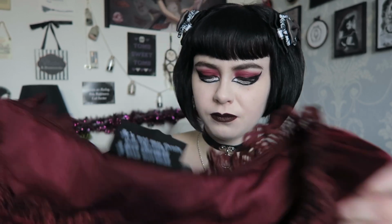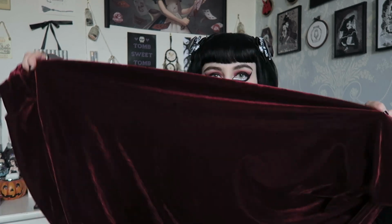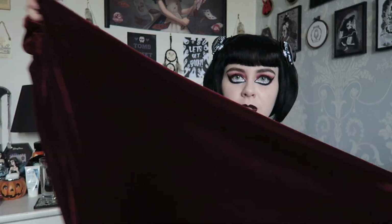I usually love a baby doll style dress, but the skirt on this has so much material, and I guess they're going for a flowy vibe. I'll see if I can pick up the material like this side and then this. I don't know if you can really see that, but there's just so much material on the skirt. This is the end of the skirt, and the issue I have with it,